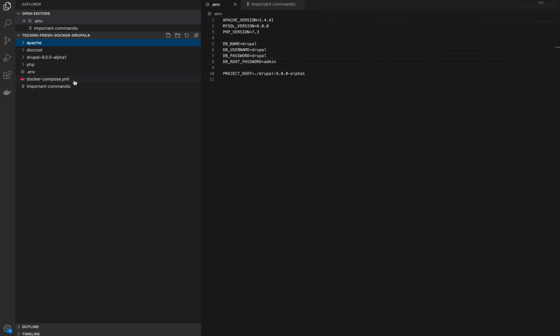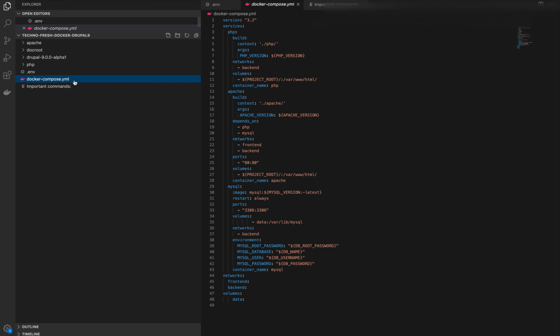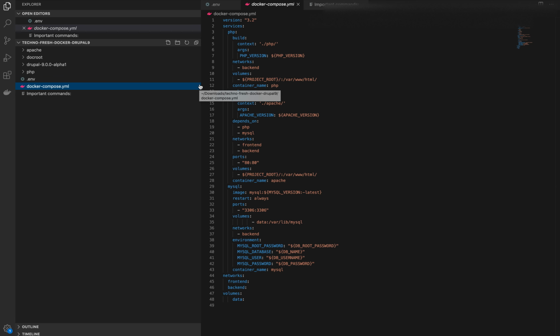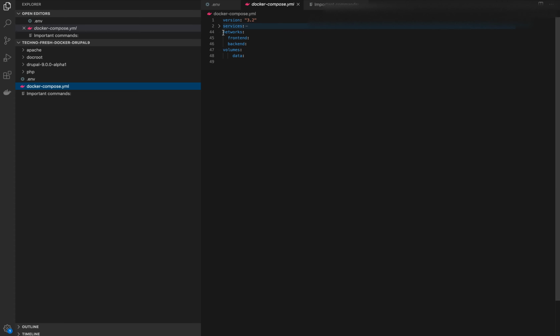So this is the docker-compose.yml, which consists of version, services, networks, and volumes. Now let's see what those parts are.